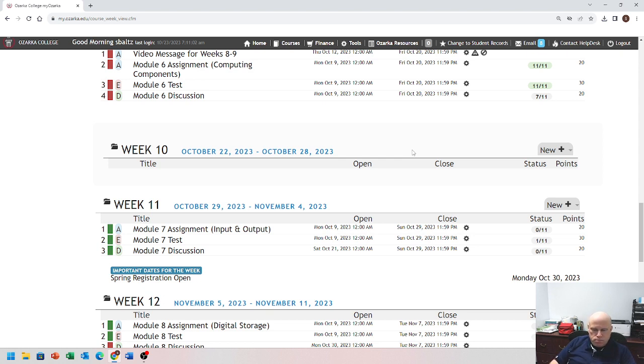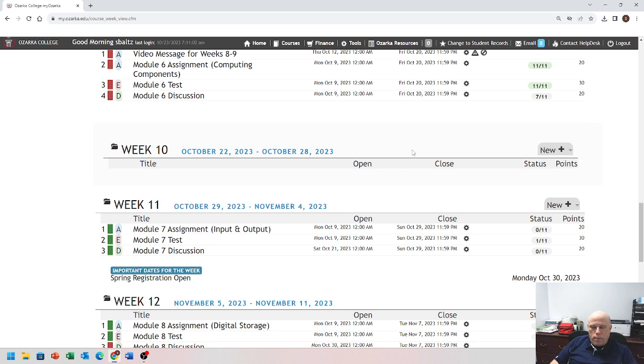Module 7 is where you're going to learn about the various input devices for a computer, such as keyboards, pointing devices, touch screens, pen input, voice and video input, scanners, and reading devices.